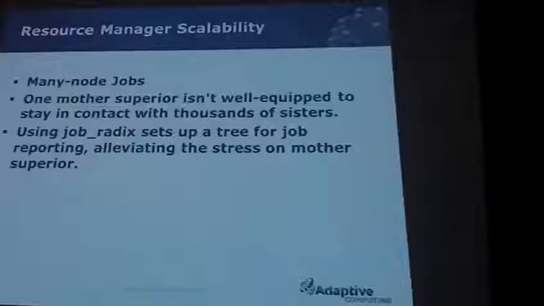Another very similar problem is when you have very large jobs. One of our sites has a 3200 node cluster, and they sometimes run 3200 node jobs. If you have one single mother superior daemon that's trying to handle all these requests, it pretty much takes that node out of the job, and it's just not well equipped to stay in contact with thousands of other nodes. Job Radix sets up a tree for this reporting,